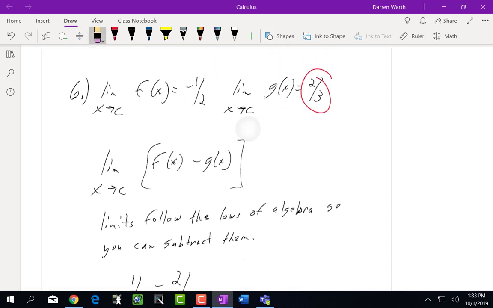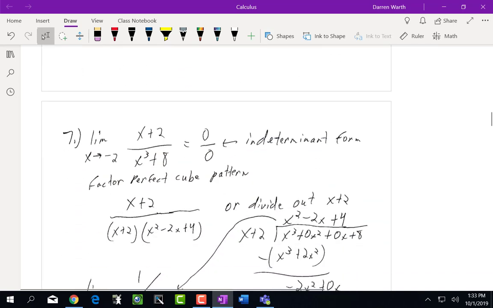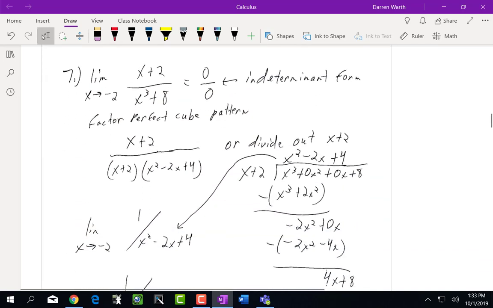Okay, on this next problem, on number 7. Number 7 says I've got the limit as x approaches -2 of x plus 2 over x cubed plus 8. I'm going to go ahead and substitute in this -2, and when I do that,